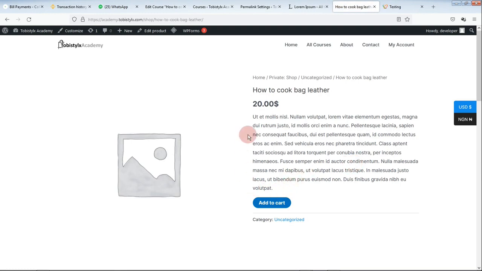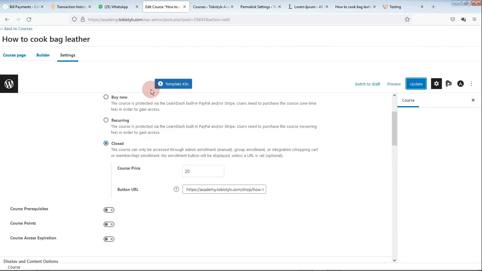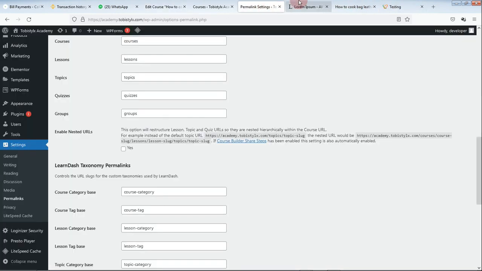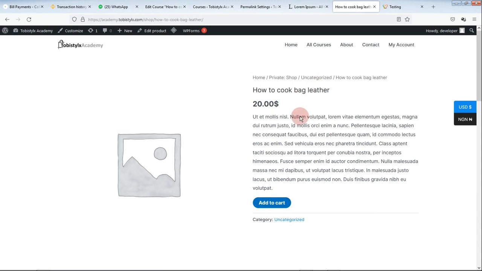You can see it redirected us back to WooCommerce. You can see this is how WooCommerce used to look, right? So it redirected us to WooCommerce. The price now on WooCommerce is the price we entered on the WooCommerce product page, not this one here. So if this one is 10 and the WooCommerce is 20, definitely you'll be seeing 20